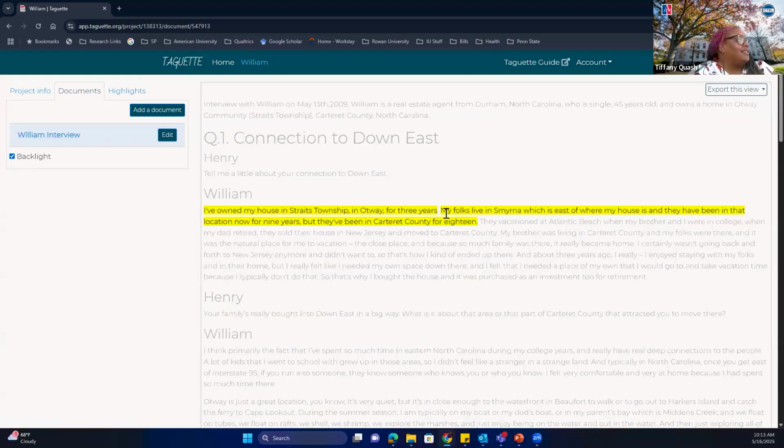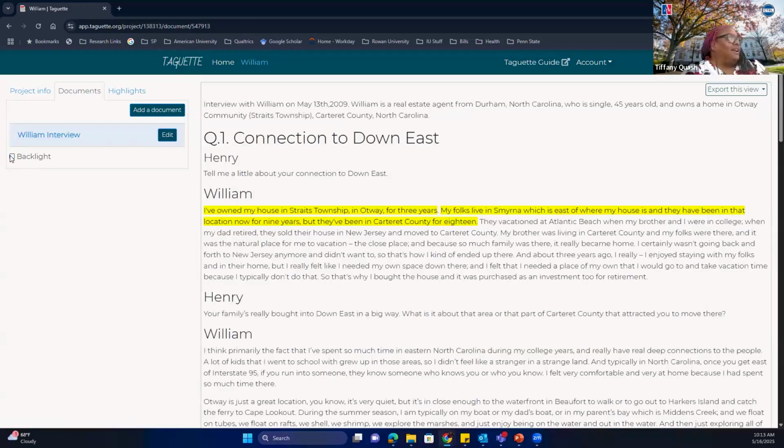If I hit the backlight, all it does is show all of the codes or the tags, and it takes the rest of the information and moves it back. That's what backlight is. I know people have asked whether there is any other color you can use. I think I said earlier, the only color available in Taguette is yellow. And again, it reminds you of tagging or coding the old school way with a highlighter.